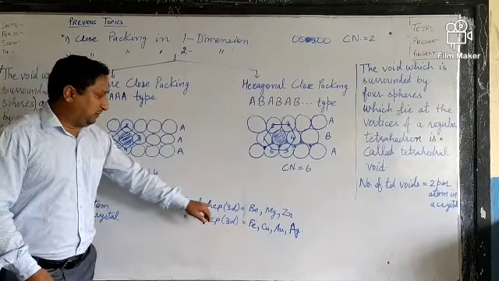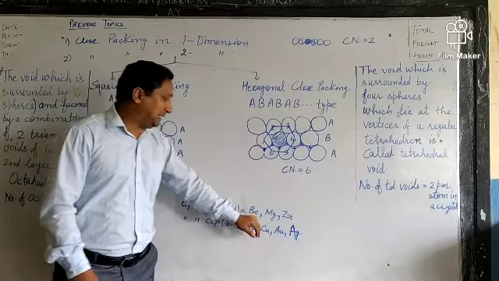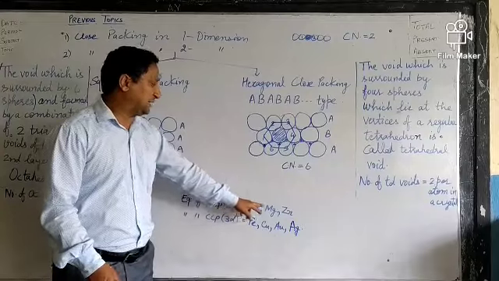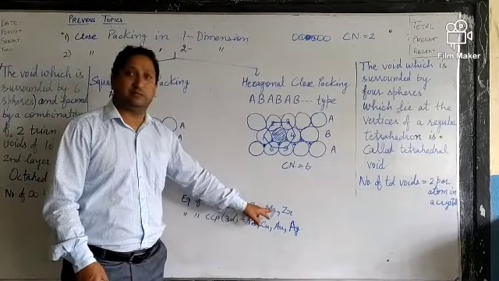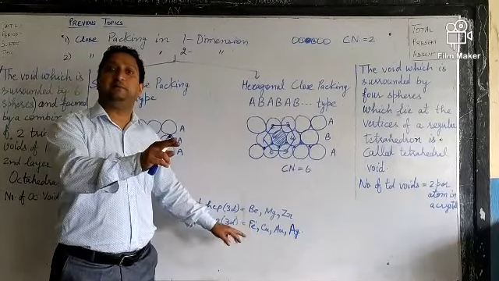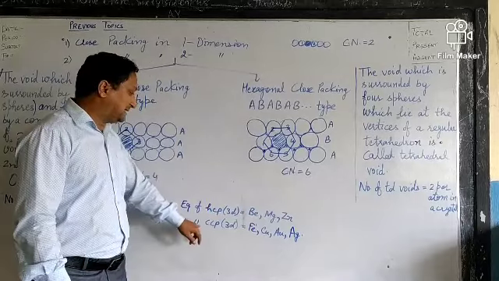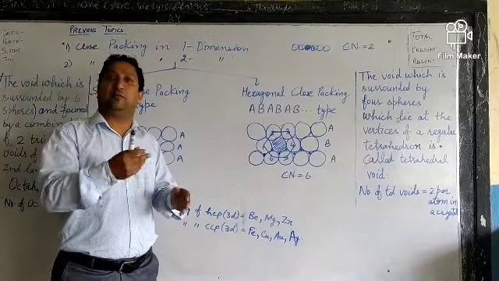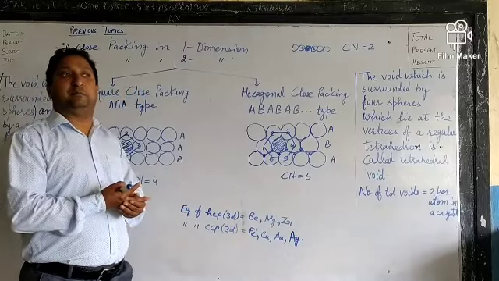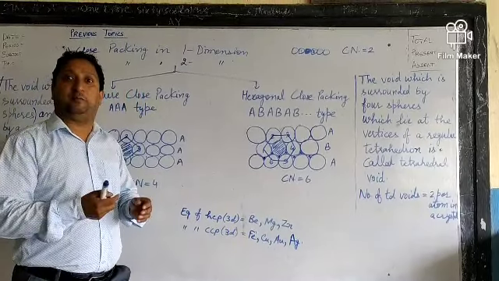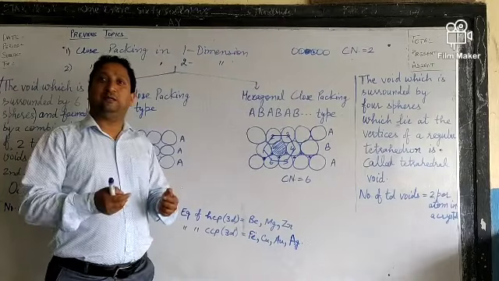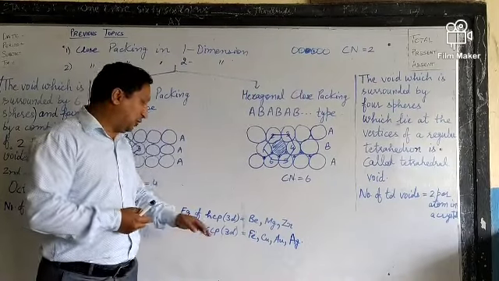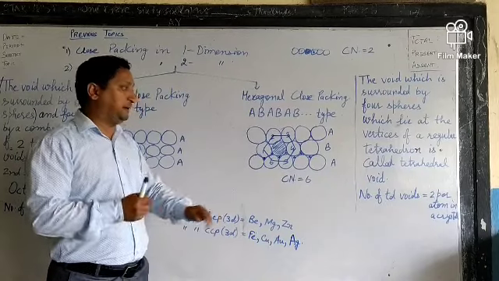Now examples of HCP: beryllium, magnesium, zinc. If you see, these are of the second group, beryllium, magnesium. So learn that second group elements belong to HCP. Then CCP, coinage metals. You have to listen about the metals from which coins are formed: copper, gold, silver. Then iron is also vastly used. These are all examples of CCP.